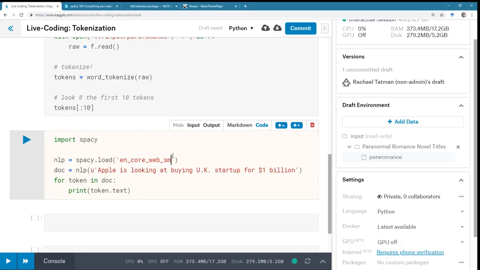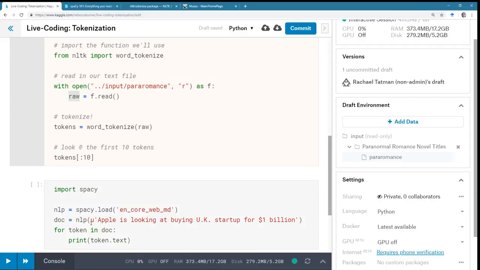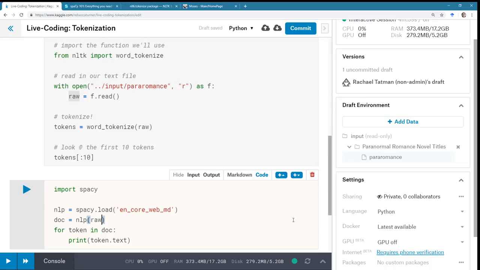And I think we actually have the medium language model installed on the Dockers now by default. So if you want something a little bit bigger, you can get something a little bit bigger. And I am actually going to tokenize this raw text instead.